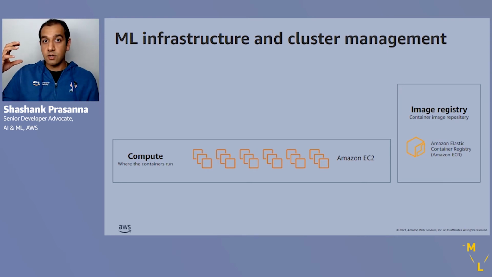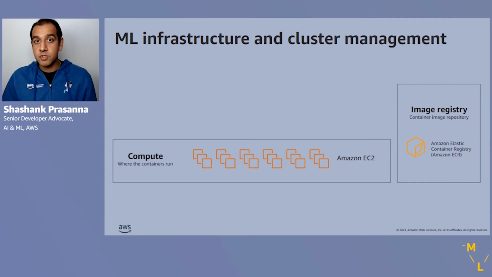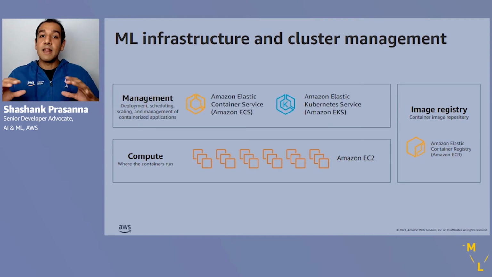So you build your custom environment, you push it to this container registry, and so you have access to your registry, which is sort of like an app store with your applications, and then your compute infrastructure where it runs. So what you need is something in between that can manage this for you. So you need a management layer that can take your software from the registry and run this on the infrastructure below. So be able to schedule your jobs on different EC2 instances and be able to scale them.